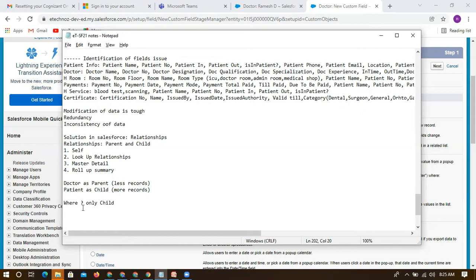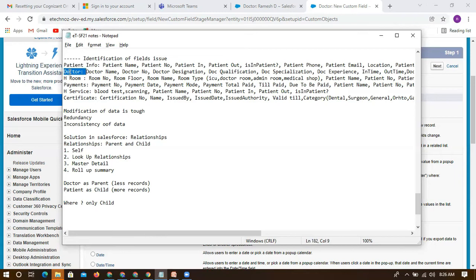In this case, if I want to create a field to connect patient and doctor, which object do I need to go to? I mentioned it should be from the child.